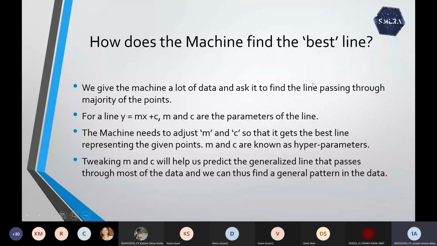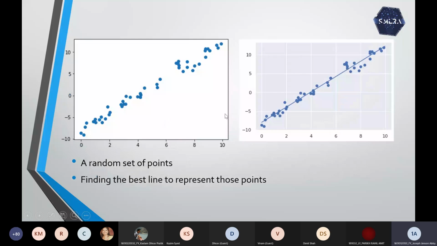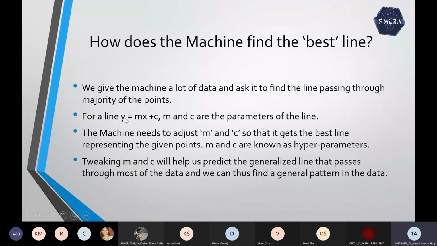So to understand the algorithm to plot the line: we know the line equation, y equal to mx plus c. So m and c are the parameters of the line. Basically, if you change m and c to any values, you can get any line in the entire 2D plane. So based on your data, you need to have a value of m and c such that this line is perfectly aligned. All right, with me here so far? Yes.